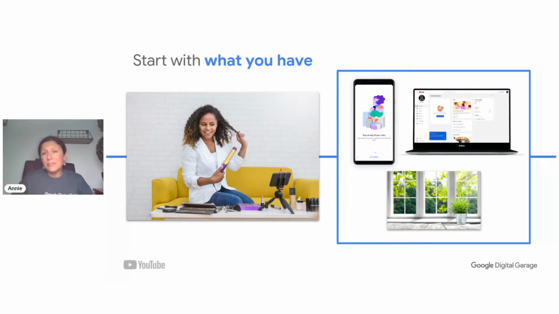The next thing to consider is lighting. Natural light is fantastic. If you can, position yourself with the window in front of you so the light's coming directly in, and so that you're facing towards it, because if it's at the side, you can get a bit of a shadow coming through, which can detract from the visuals.